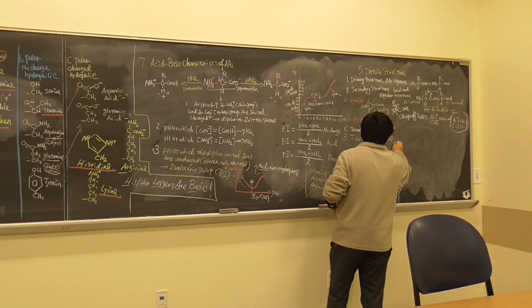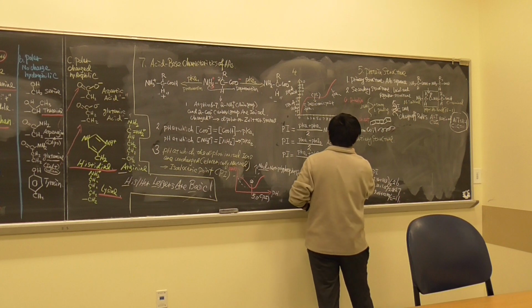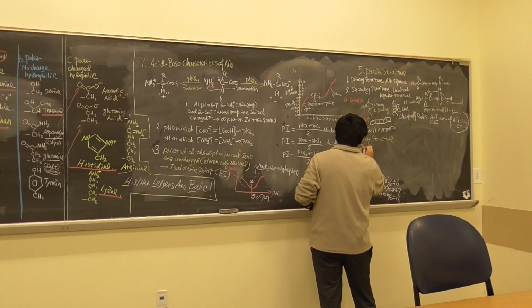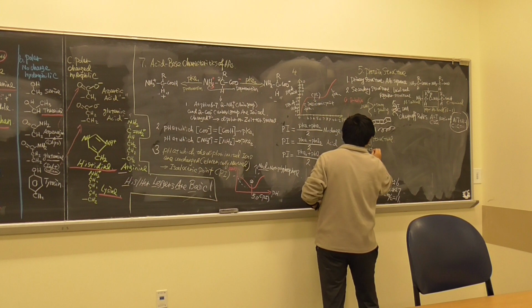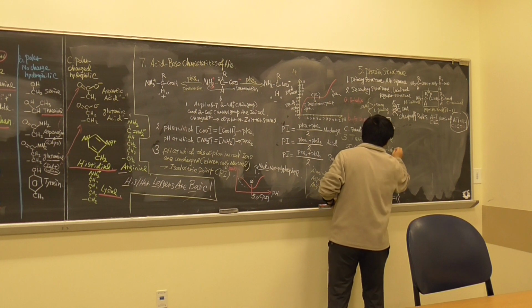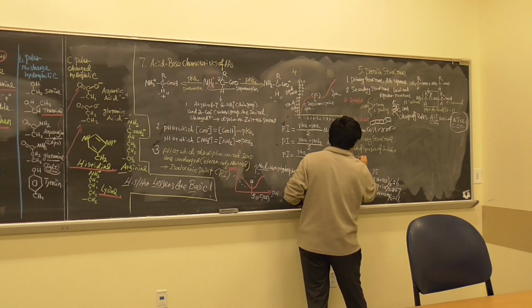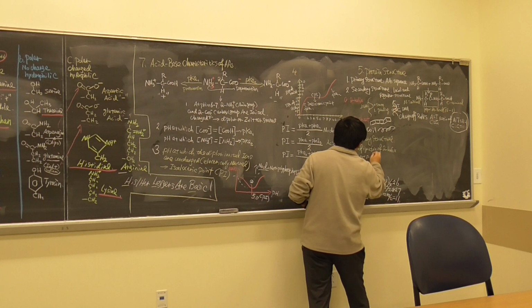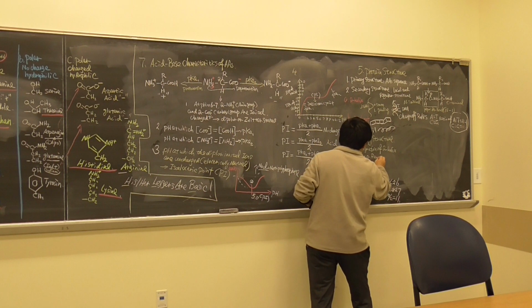Tertiary structure, we usually say, is the 3D configuration of alpha helix, beta sheet, or random coil,